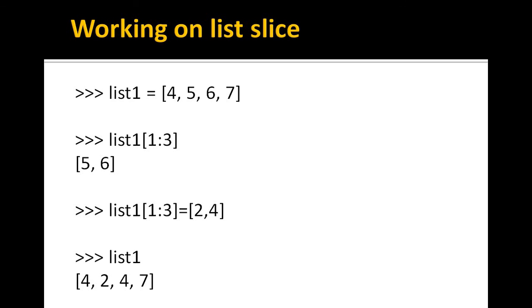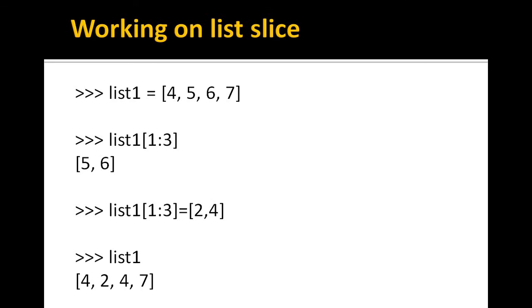We can also work upon the list further. Here on this list slice, a list has been created. It has values 4, 5, 6, 7, and then you have been shown a list slice. Its starting index is 1 and final position is 2. So it gets the values 5 and 6. Final position is 2 because the stop value that is given is not included. So we have only indexes 1 and 2, and at indexes 1 and 2 we have the values 5 and 6.